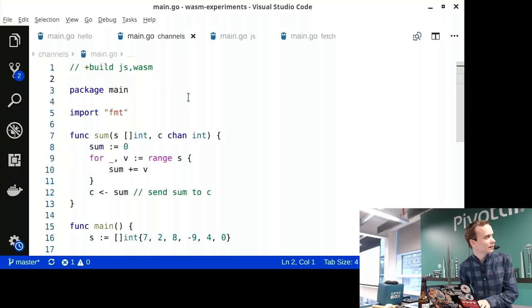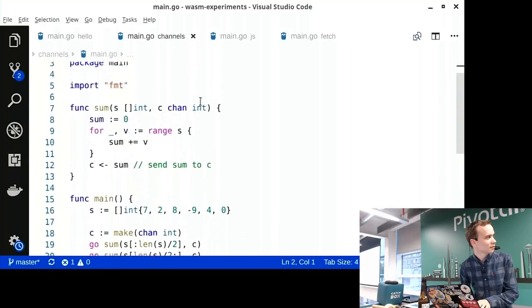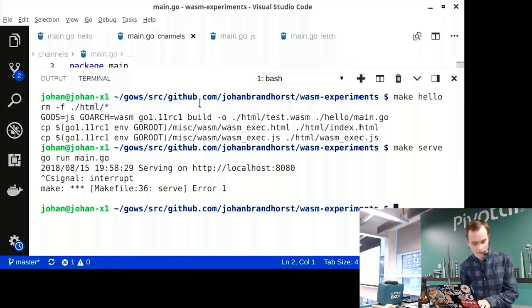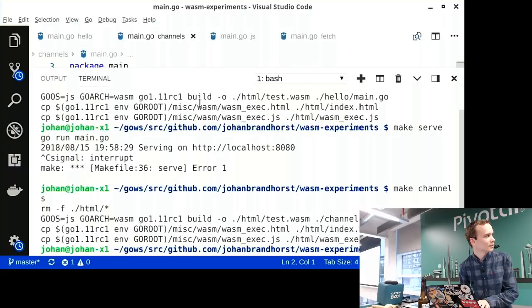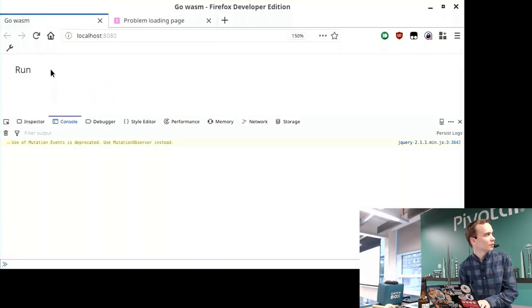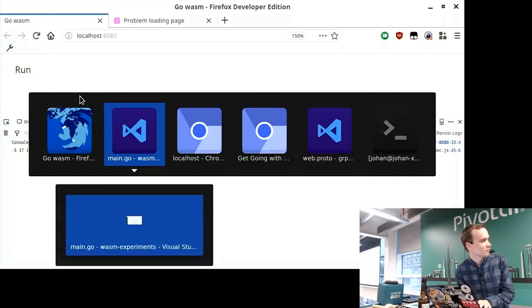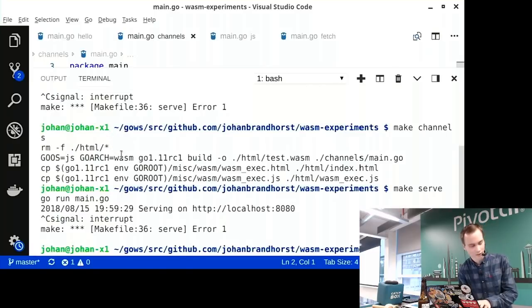Okay, so I stole this one from the Go tour, just showing that you can use channels and goroutines. So let's run that one. It compiles the correct directory, and then we do make serve again. It's all just serving from the same directory. Reload the page. It loads really quickly in Firefox. We'll show this in Chrome in a second, and then you'll see it takes literally seconds to load WASM. Unacceptable. So that does things. I don't really know if that's proof enough to you, but